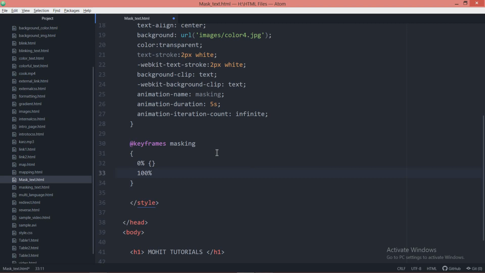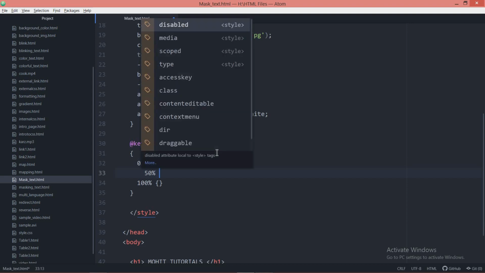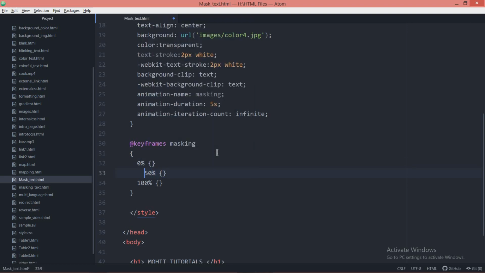In between, at 50%, what sequence I want. These are the 3 sequences I have made: at the start of the animation, at the middle, and at the end, which property I want. We set these properties inside the curly braces.